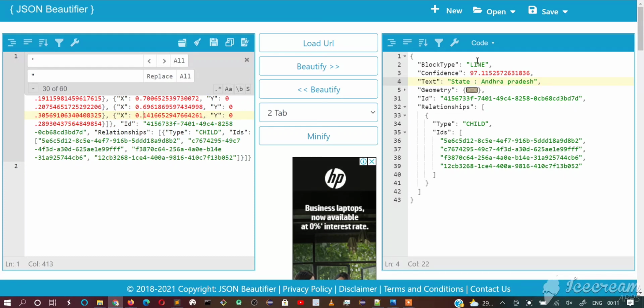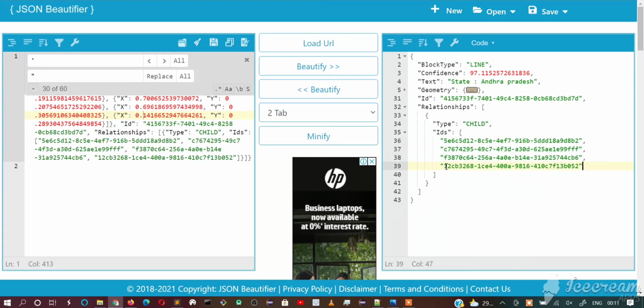So this line is comprised of 4 words, and these are the IDs which are representing those words. So this is the ID of the block which represents one of the words in the line. Here you can see this is the first word, this is the second word, this is the third word, this is the fourth word. And let's go to the relationships and the type, and let's see what the word IDs are.